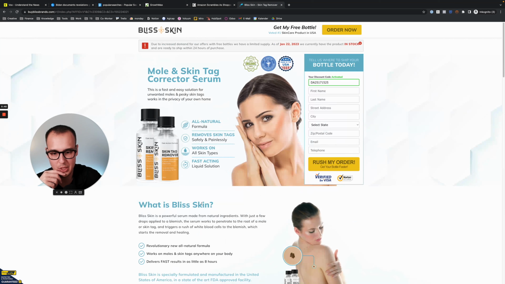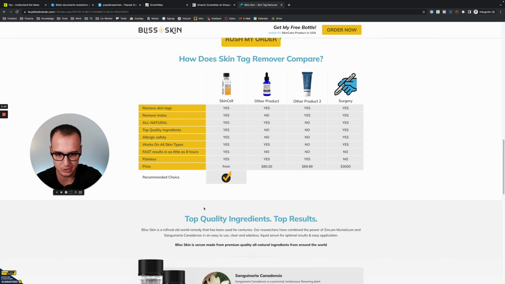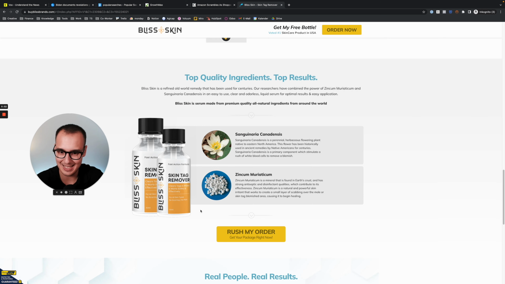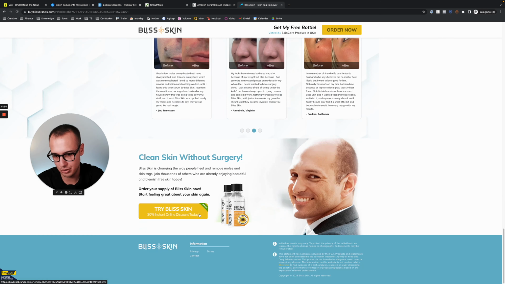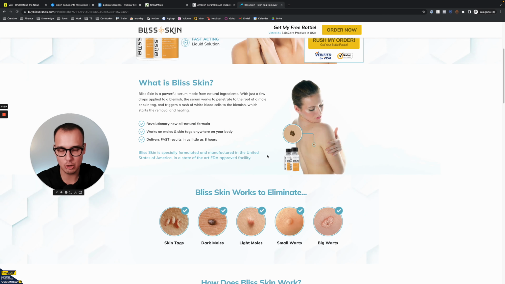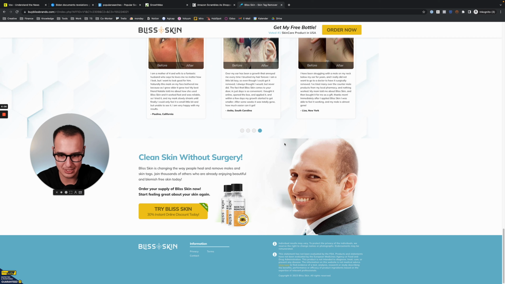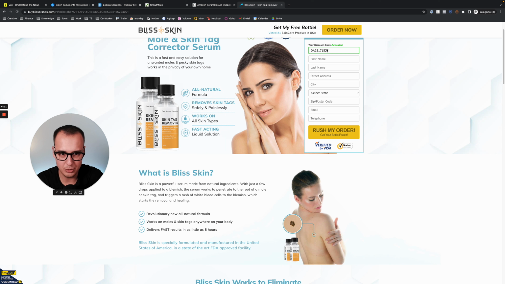And here you see we are on an offer page, and this is okay made because it's a health-related product, and they give us a little bit of information. Because usually when we're talking about health-related products, it always makes sense to give people a little bit more background information and not just send them to a direct checkout. So in general, it looks okay, and the funnel also looks okay. And you see here they don't show you any prices. They just give you the discount here, and they want to gather more information until they show you the prices.